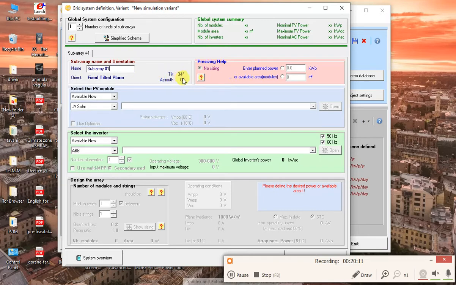Okay, you can see here we have defined the tilt at 34, and in pre-sizing help we have 2 choices to select our simulations to begin with. First of all, you enter the planned power we want to use, or the available area, which is the square meters available for the photovoltaic system that you want to use. So I take it as 2.5, which is half of the 5 kilowatt photovoltaic system. In select the PV modules, I select available now because I want to have all of the categories here, and yeah, I select the